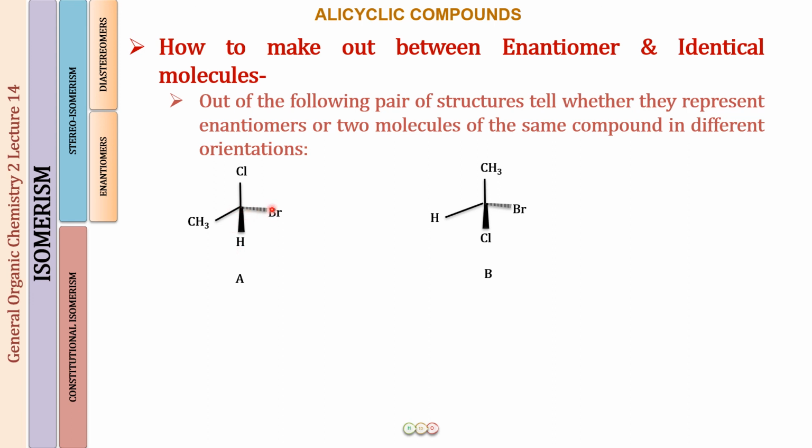And what you can see is hydrogen has the lowest atomic number, so this should be on the dash. This should be on the dash, which means you have to exchange the position of hydrogen and bromine. And similarly here also, this is in the plane of paper, but you still want it on the dash, so again you're going to interchange the position of hydrogen and bromine. When you do that, this is going to be compound A and this is going to be compound B. Hydrogen in the dash position and hydrogen in the dash position.